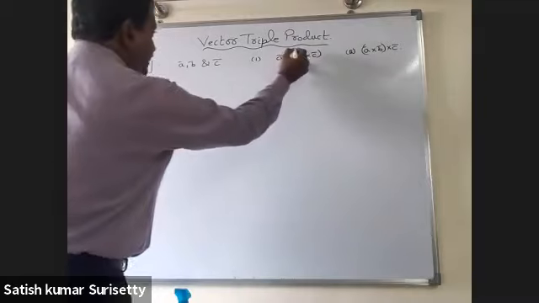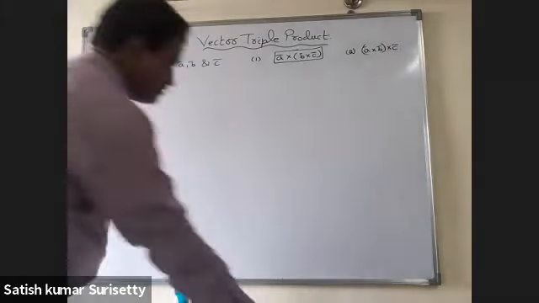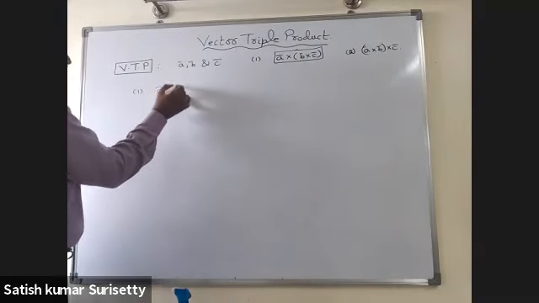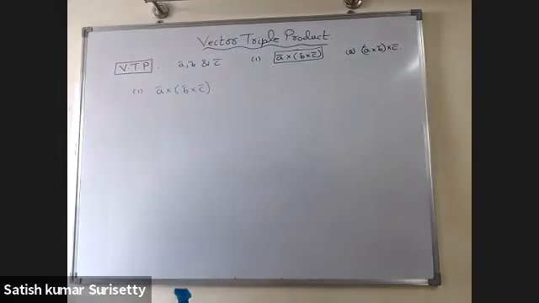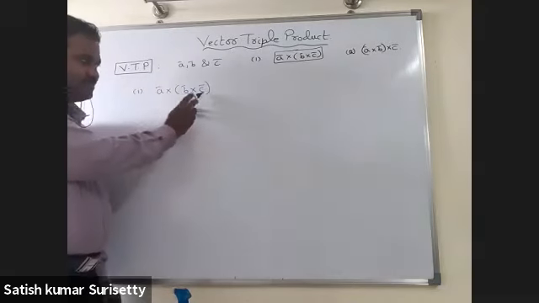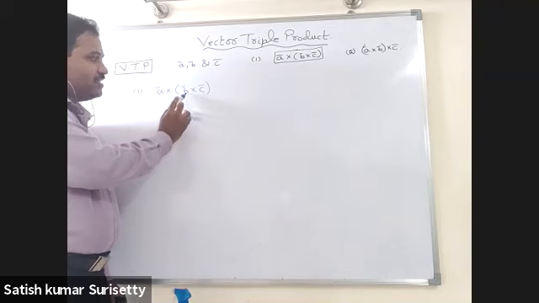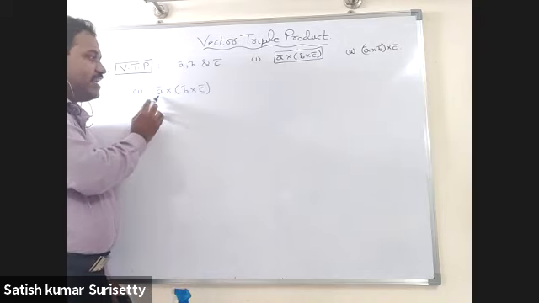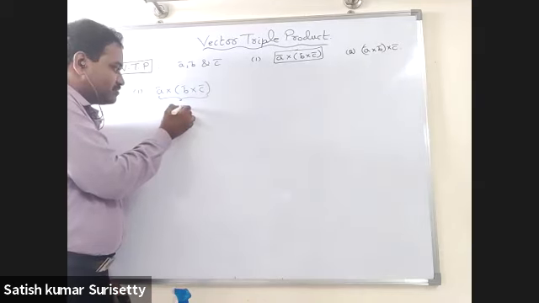So how to calculate A bar cross B bar cross C bar? Previously we know how to calculate B cross C, either by distributive property or using the determinant. So using determinant we can calculate B cross C. Again applying the determinant, we can calculate A bar cross B cross C. Basically this will be a what? Vector only.